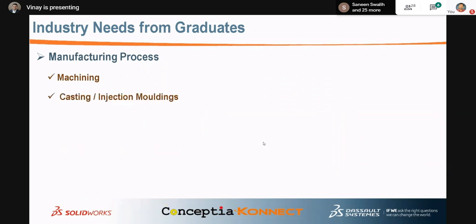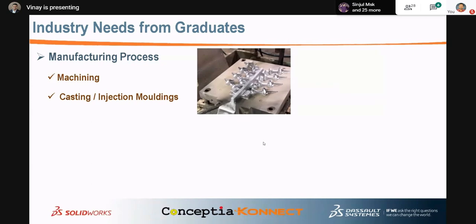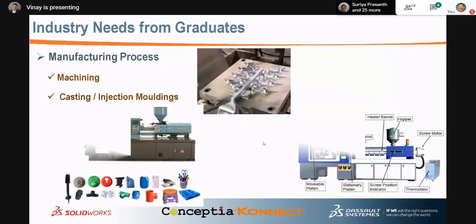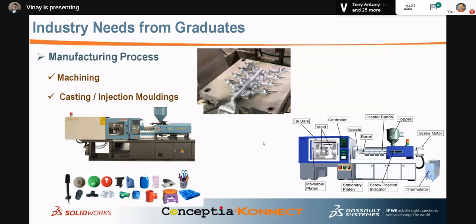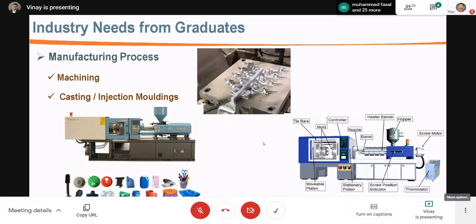Then casting, and the injection molding process. If you are taking metal, then it is called casting. If it is plastic, what technology will we talk about? What is the material we use for the manufacturing of plastic? What is the screw injection point? What is multi-mold technology? Mold family: what do you call a mold family? So all this you have to learn.